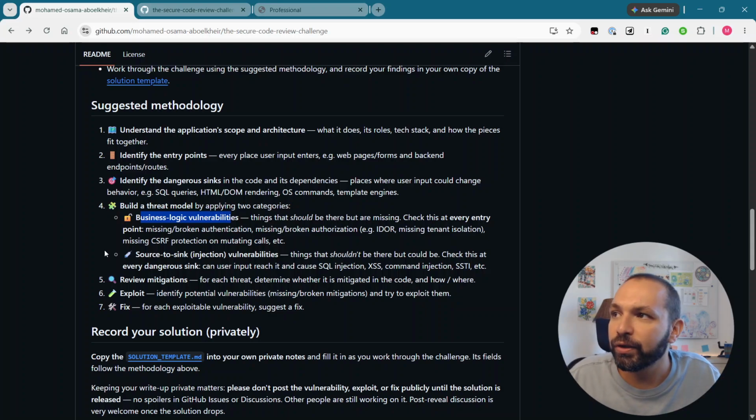And for all of the dangerous things, we are going to add threats related to source to sink or injection vulnerabilities. So SQL injection for the SQL queries, command injection if we have commands, XSS for HTML, and so on. So all of the dangerous things that we identify, we're going to add threats for them, and then based on that threat model, identify the expected mitigations, what should be there, and basically if something is missing or